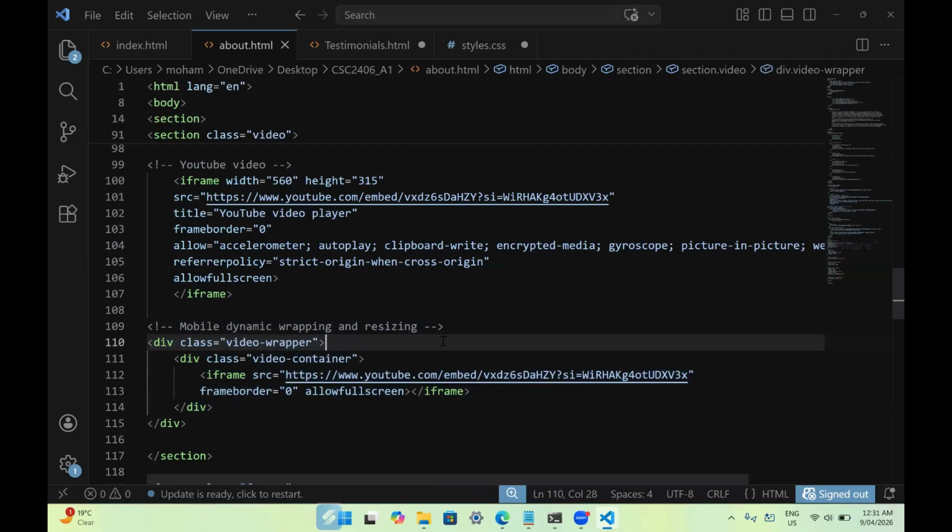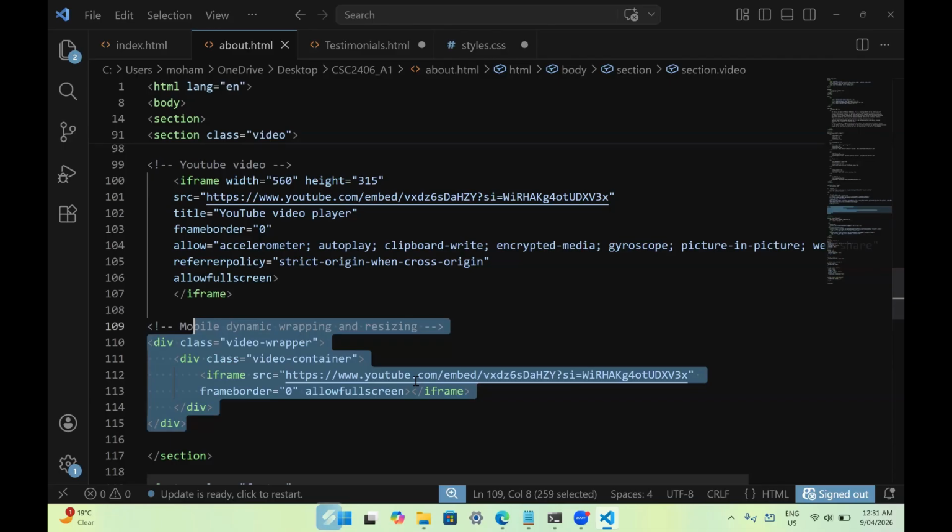So it's dynamic wrapping because it changes the size when you're viewing on a mobile phone, since the screen size is different than a laptop or a tablet. That's why I placed another size. Now that's not ideal. You should ideally have one link and one size that changes, but I couldn't figure that out. So if anyone knows a way that we can have one link and one preview or embedding that changes size dynamically based on screen size, instead of two different links and two different previews,